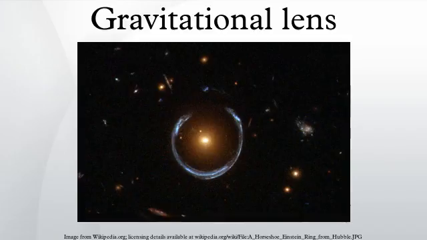A gravitational lens refers to a distribution of matter between a distant source and an observer that is capable of bending the light from the source as it travels towards the observer. This effect is known as gravitational lensing, and the amount of bending is one of the predictions of Albert Einstein's